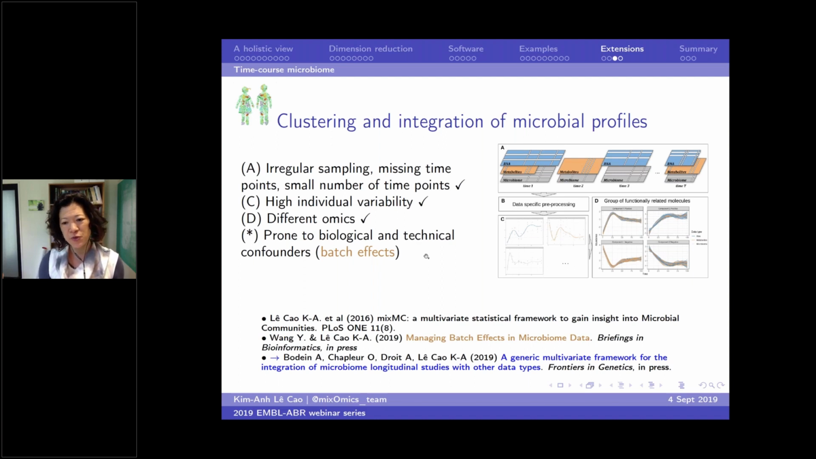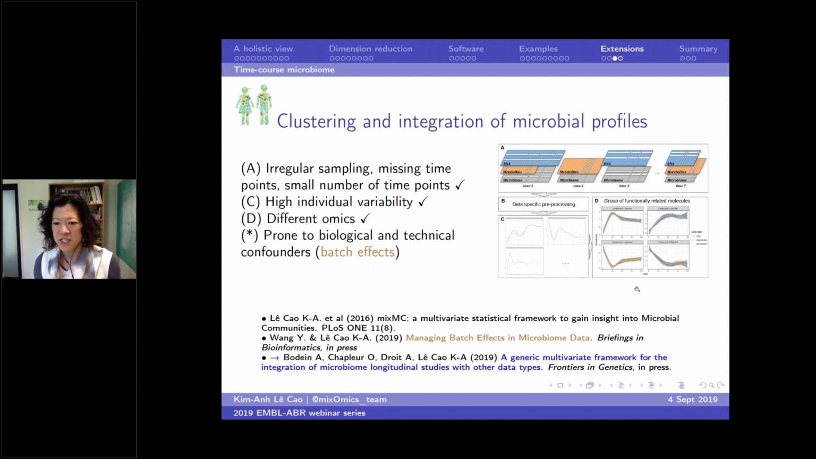So the methods we're working on at the moment is trying to summarize the information of a given molecule. So this is an RNA molecule, for example, across time and across all these individuals. So the little dots here represent the individual values of each individual across time. And how can we fit those, or how can we model those time trajectories? And how can we do this for every data type? And then